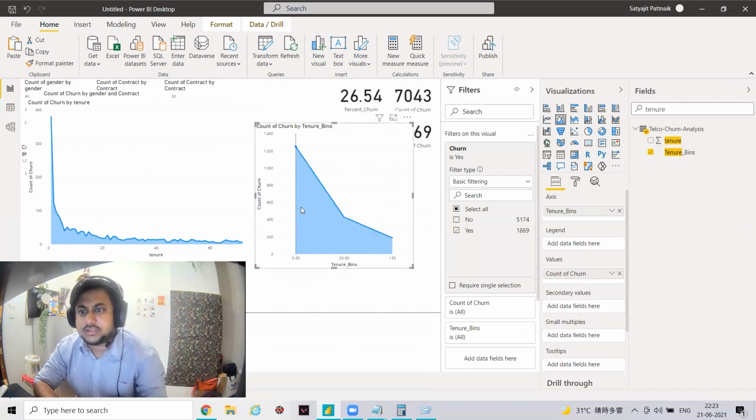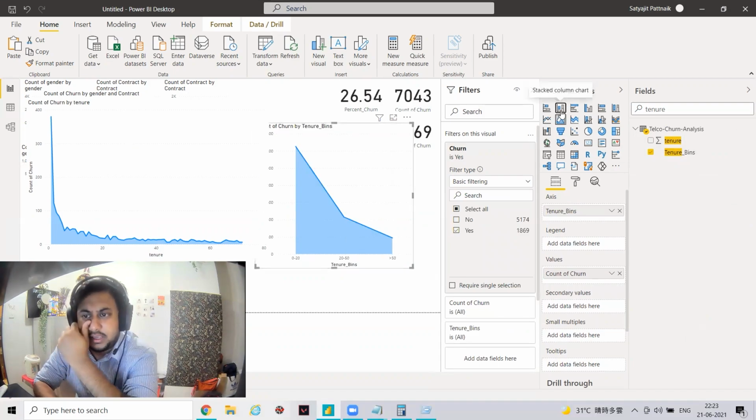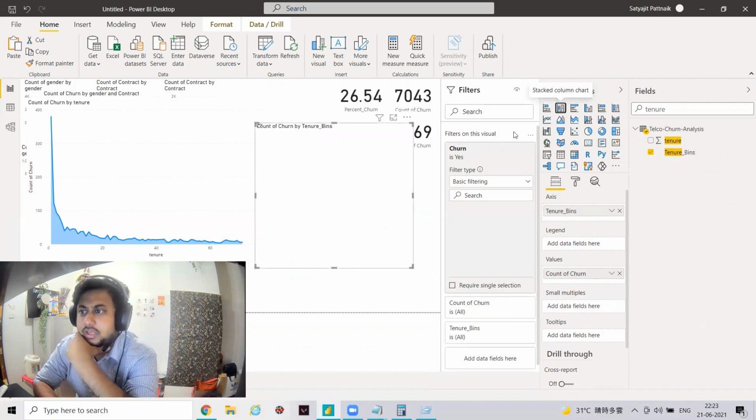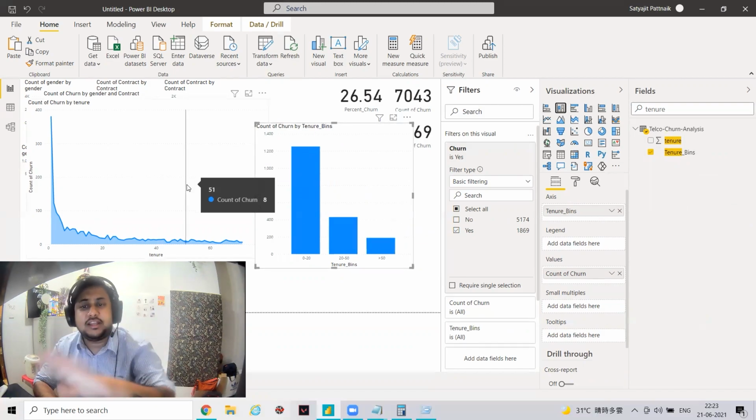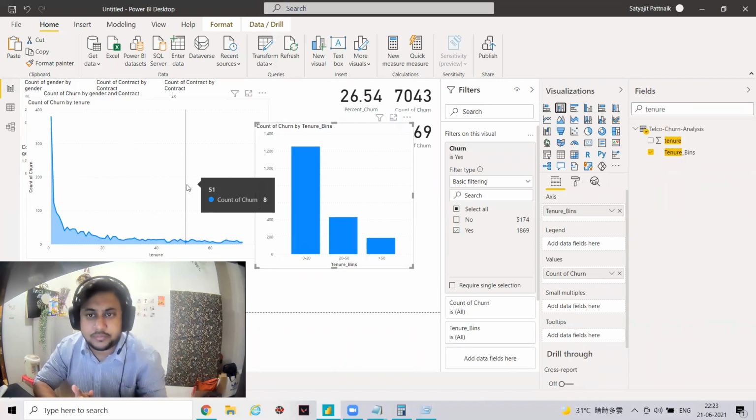Okay. So this is how it looks like. Now, of course, area chart won't look good here, so you can just convert it into bars. And now you can see that it's quite visible. So this is how you can derive your metrics, and this is how you can perform your EDA.